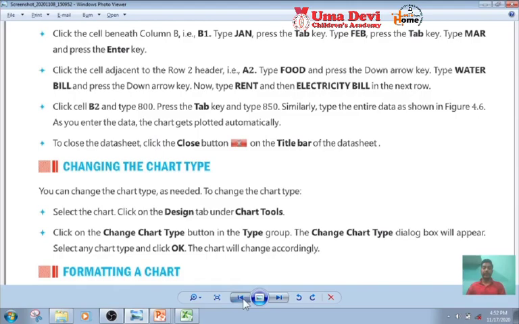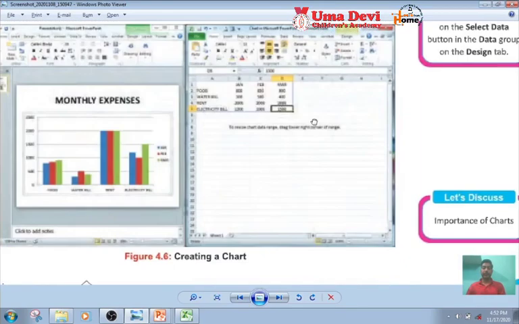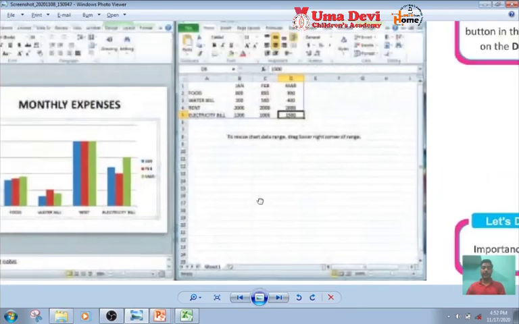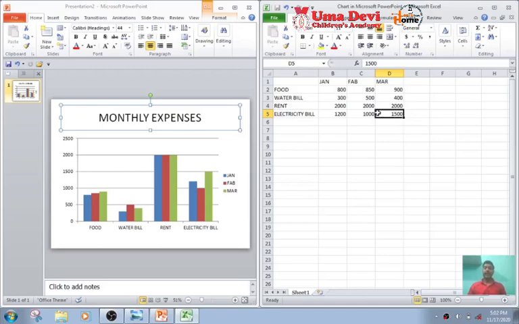Look at here, this is figure number 4.6. Now we are going to write here. Students, look at here, I have typed all the data shown in figure 4.6. Now we can see the changes in our chart. Whatever you type, the chart will keep on automatically updating.